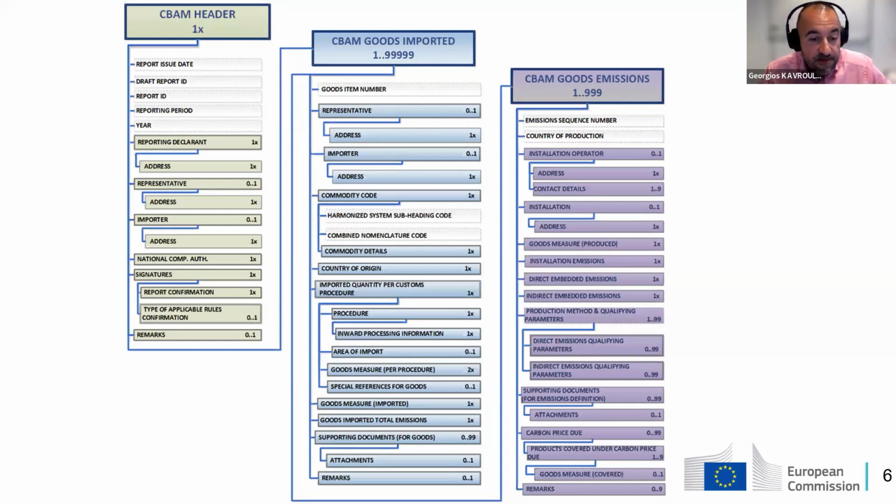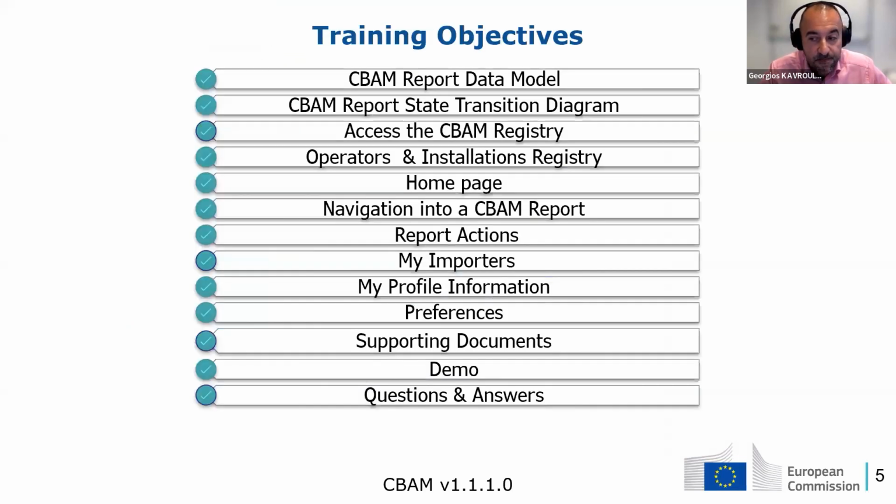For any questions about other sectors, today we speak about cement and aluminium, but there is one more webinar coming on 30th of November for fertilizers and electricity, and another one for hydrogen and iron and steel on 7th of December. So this is what I had to say. We will publish as many replies as possible to the frequently asked questions on the Europa site for CBAM. And now we are approaching the end of the time foreseen for this webinar.